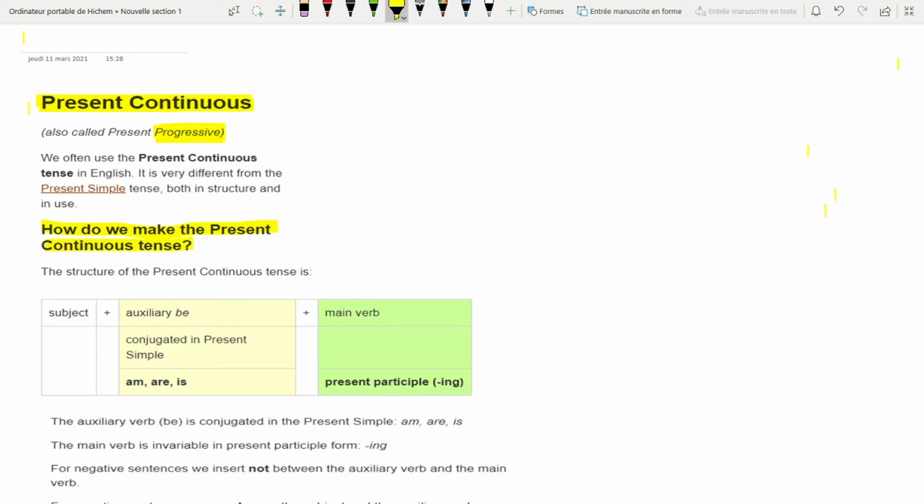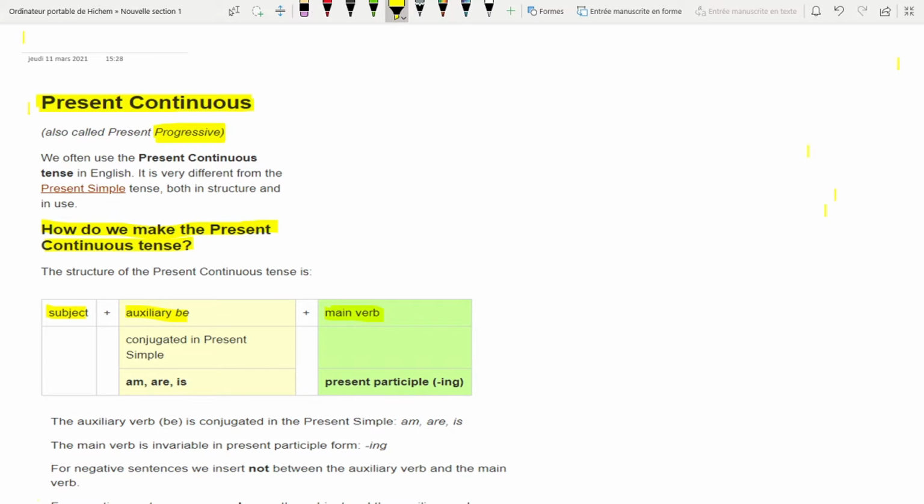The structure of the present continuous tense is made with a subject, plus an auxiliary be, plus the main verb, right? The subject can be anything, either a proper name or any kind of names or personal pronouns, okay? It's quite simple when it comes to the subject. But when it comes to the